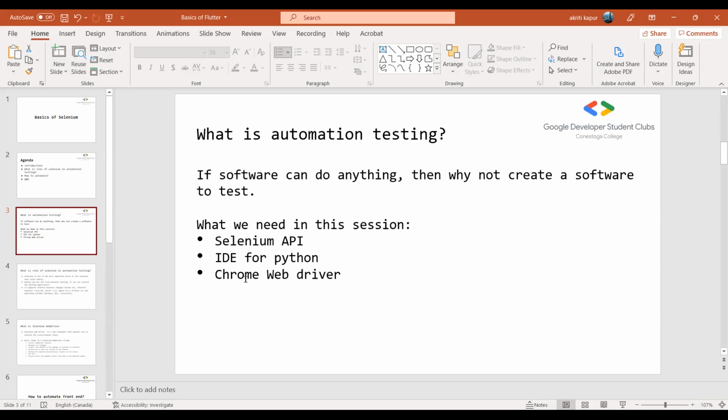For automation testing, it is important that we understand why we have to automate. Consider a scenario: you are a software quality assurance engineer or SDET in a company, and you have joined a team of testers. For your first task, you are given a web application to test, and it has multiple thousands of input fields.